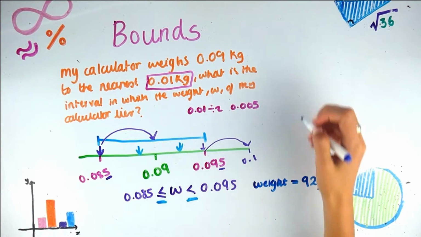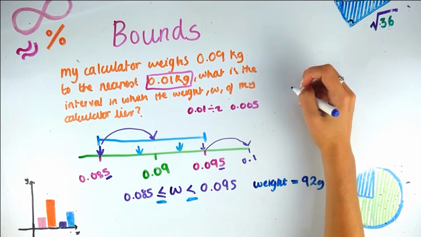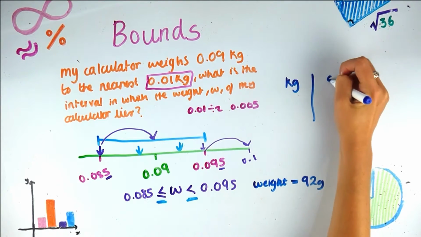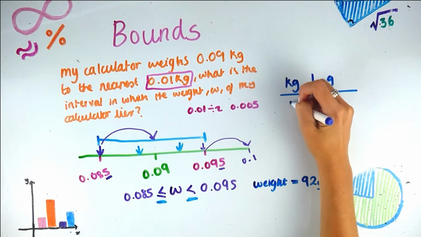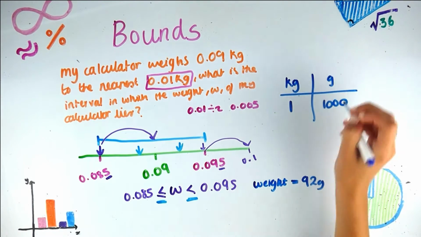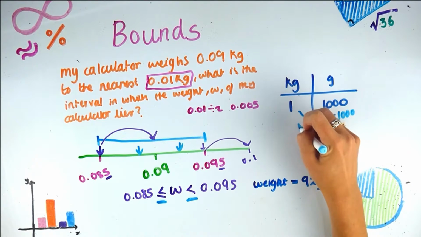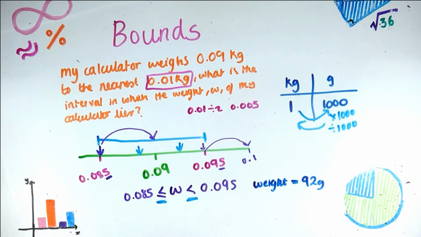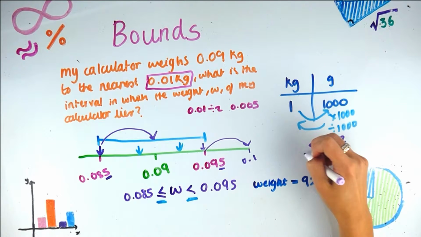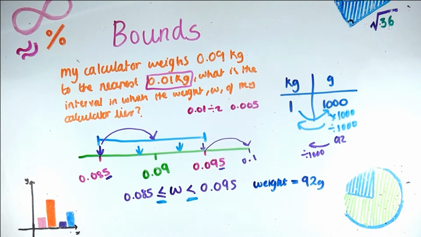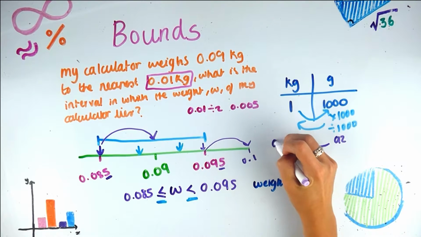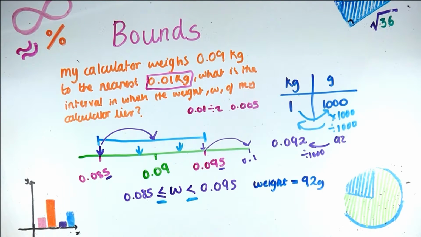So that's in grams. To get to kilograms, you divide by 1,000. So kilograms here, we can do the column method. So 1 kilogram is 1,000 grams. To go kilograms to grams, I multiply by 1,000. To go the other way, I do the inverse. I divide by 1,000. I have 92 grams. I'm going this way, so I divide it by 1,000. So how many kilograms is that? And is it in our region? 0.092 kilograms is the actual weight, which yes,